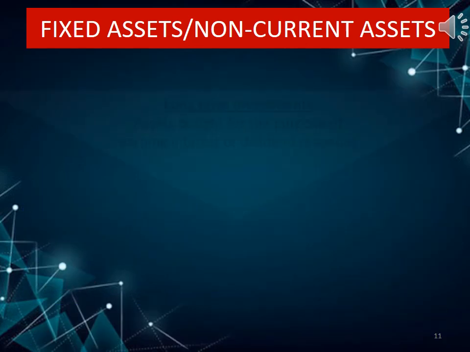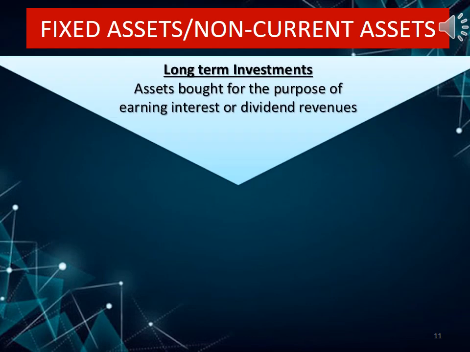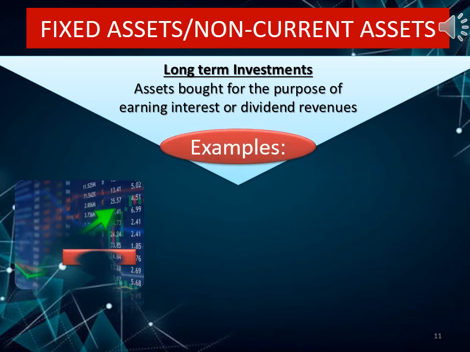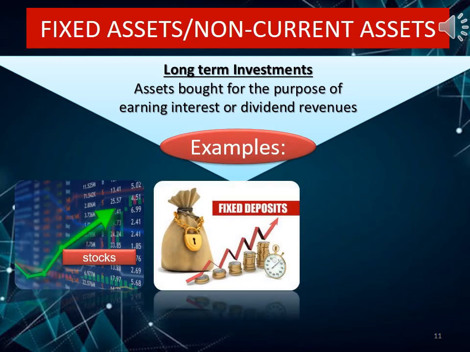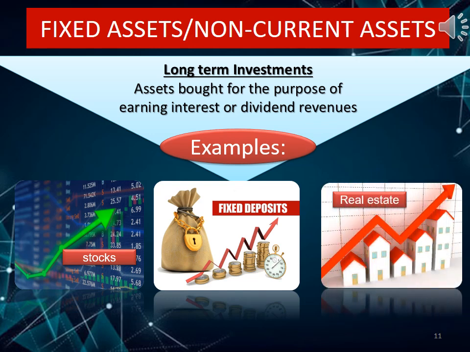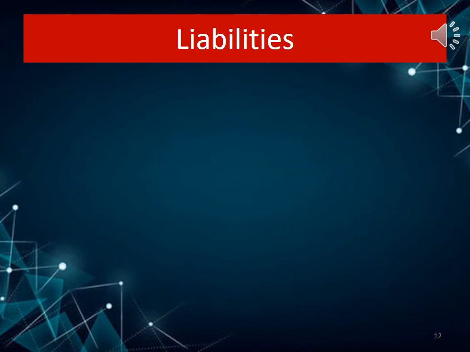The third one, long-term investments. These are assets bought for the purpose of earning interest or dividend revenues. For examples: stocks, fixed deposits, and real estate investment. The next element